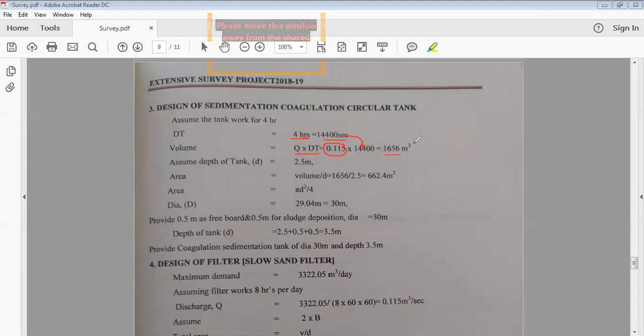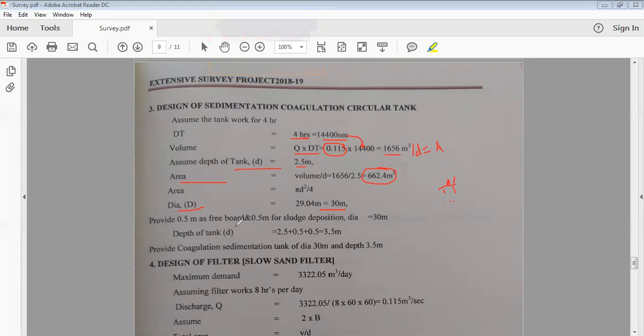If you divide by some depth, it becomes area. You have studied that. So assuming 2.5 meter of depth, you get the area this much. Then the same procedure: area is equal to this much. Now we are also designing the diameter, because in the pipe we provide coagulant drop-wise, either liquid or powder. So this pipe diameter we are also designing, and it is this much.